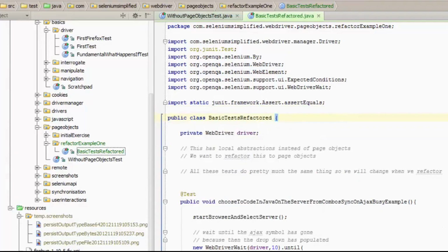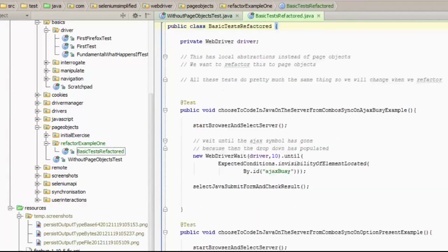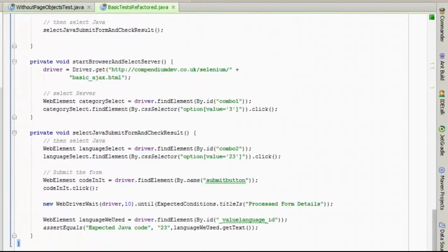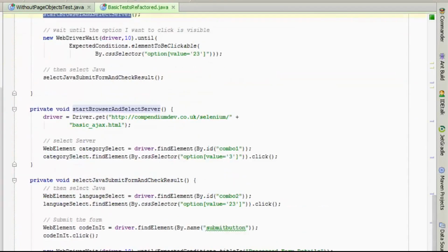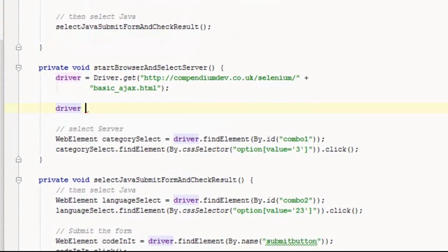So we've got a test in here now. It has local abstraction instead of page objects, and we want to refactor them. So the place that I'm going to start down here at the bottom, because this is where I already have been doing refactoring. So let's start here. So what we do here is we do a driver.get basic Ajax, select a category and click on it. So let's start with this line here. I want to work with page objects. So I'm going to say driver equals